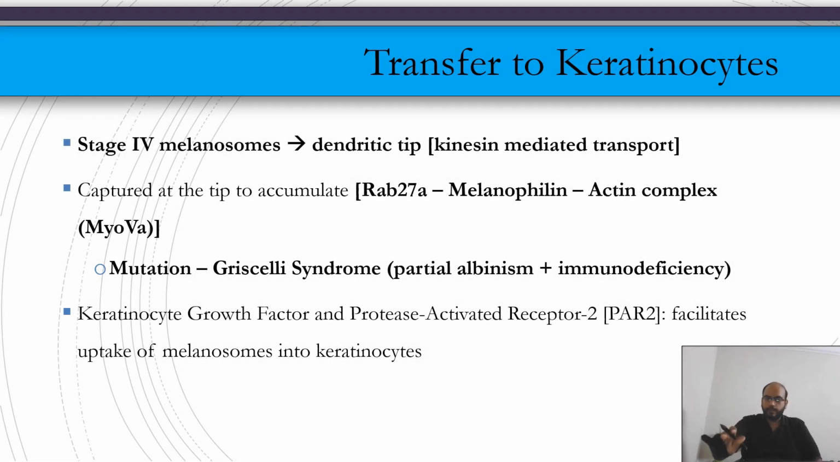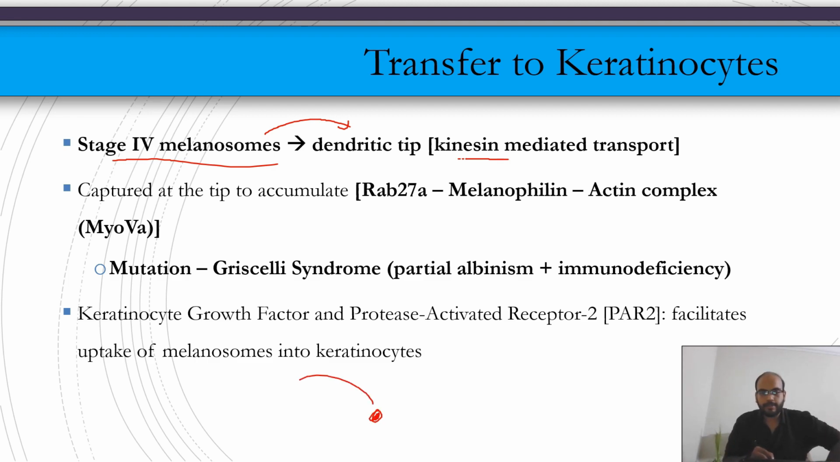Now the melanin has formed. We have deposited the melanin inside the melanosomes. Now the melanosomes are ready to get transferred to keratinocytes. Stage 4 melanosomes get transported to the dendritic tip, and this transportation is mediated by kinesin. So let's make a keratinocyte here. So it has a lot of dendrites,